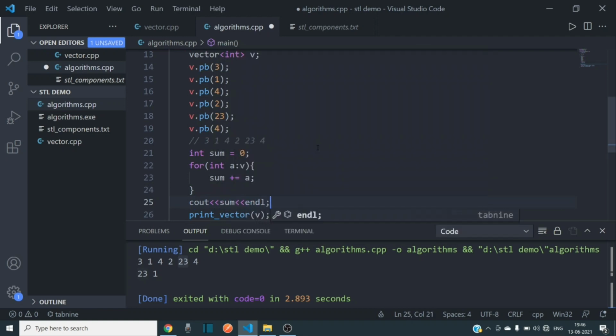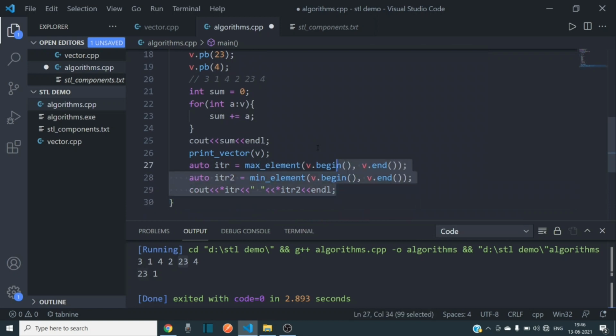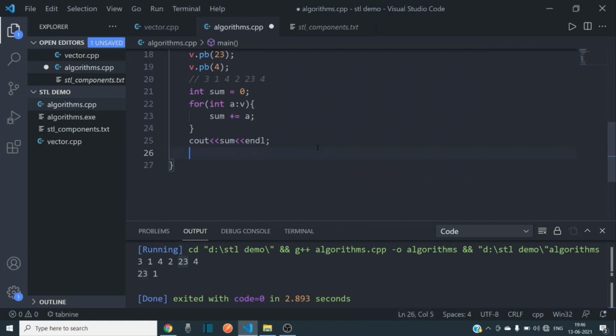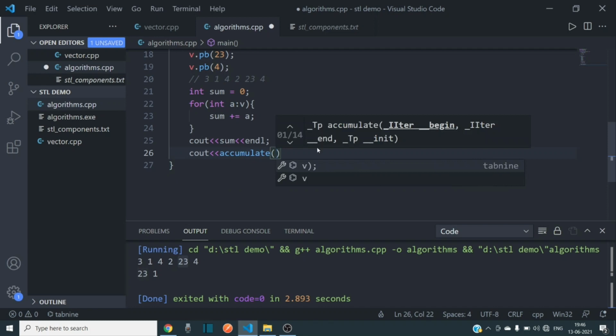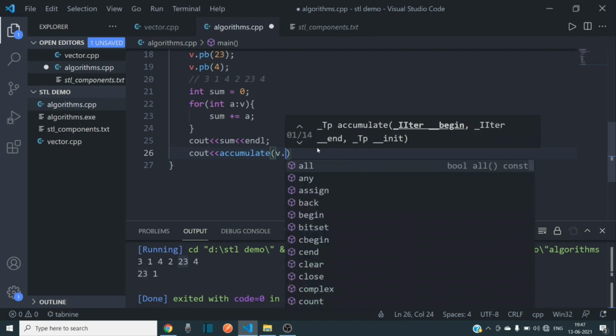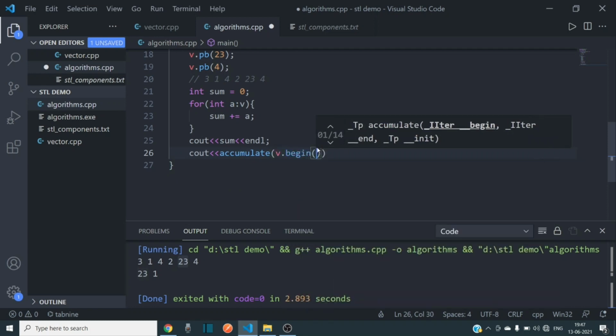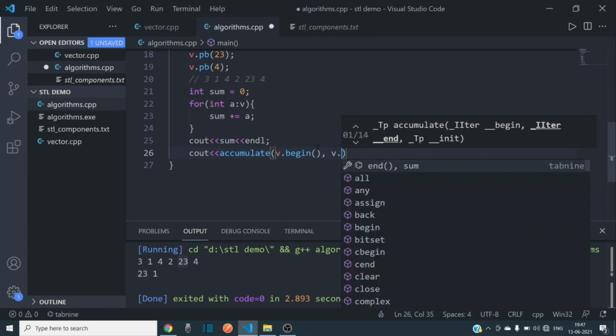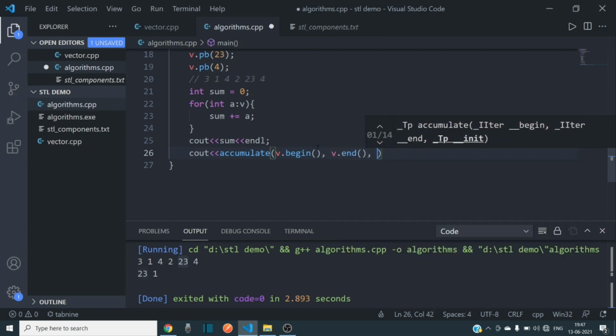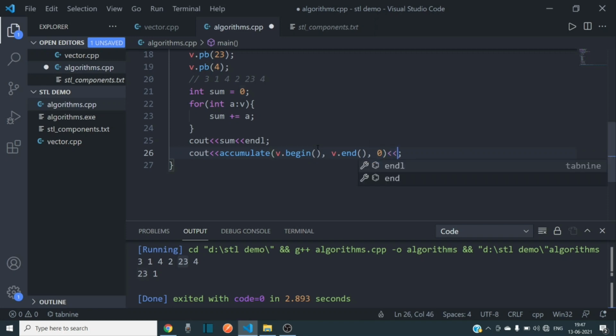Instead, there is a function for that: the accumulate function. Here we have to pass 3 parameters. First is the beginning, second is the ending, and third is the initializer, meaning the initial sum, so we want to add starting from 0. So let's see whether both give the same result or not.